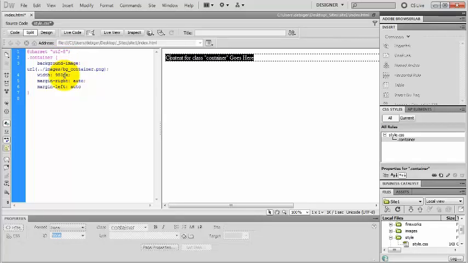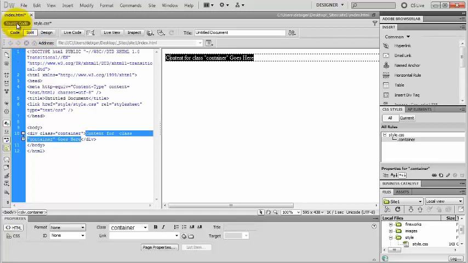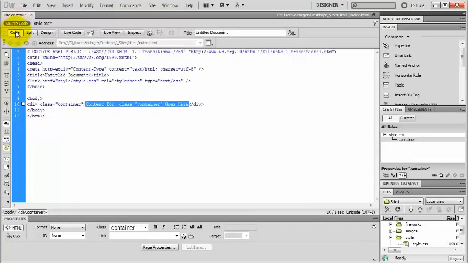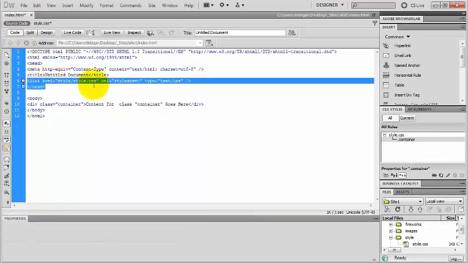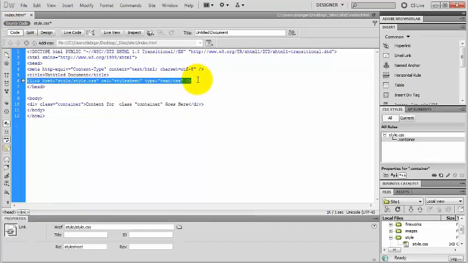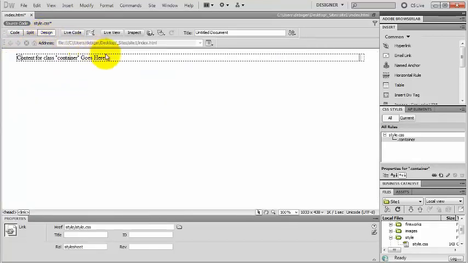Okay, I go to the source code of my index page. I switch to code view. And here's the link inside of my head tags, linking to my CSS file. That's how the browser is going to find it, because there's the actual path to my CSS file, which is relative to my document. Okay, I go back to design view, delete my text,